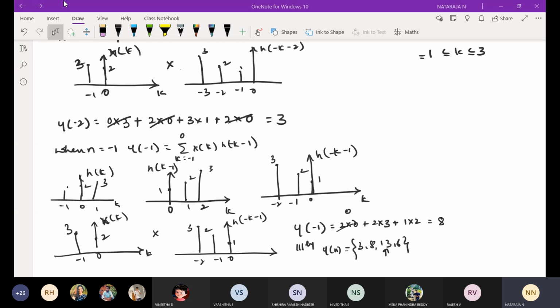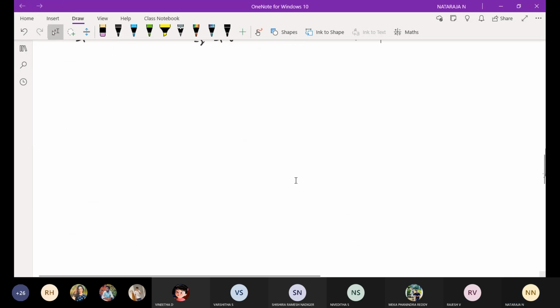Take the next problem. Homework. Tomorrow you have to show the solution for this. A discrete time LTI system. Make a note. Take the problem. A discrete time LTI system has impulse response h of n, as shown below. Determine the system output